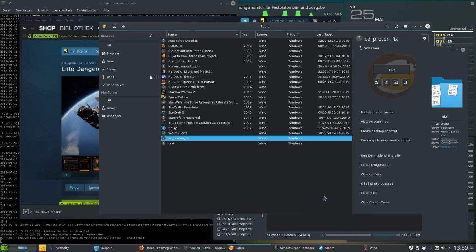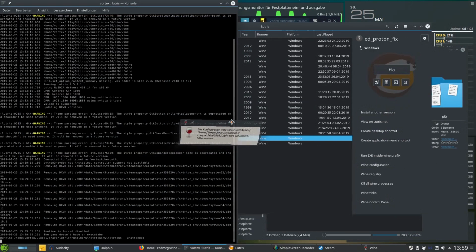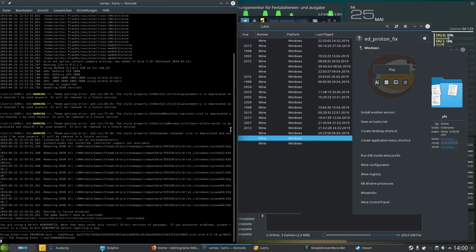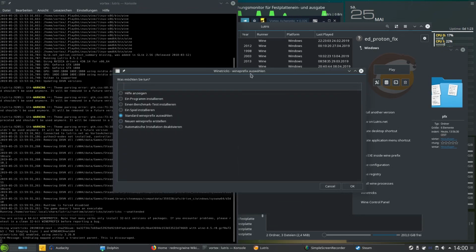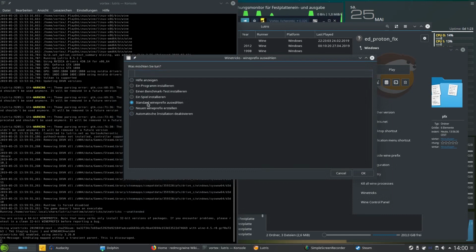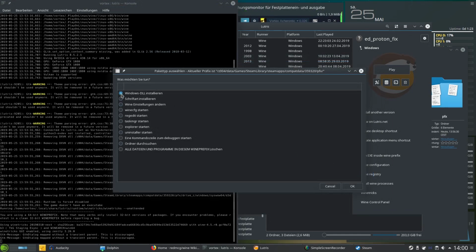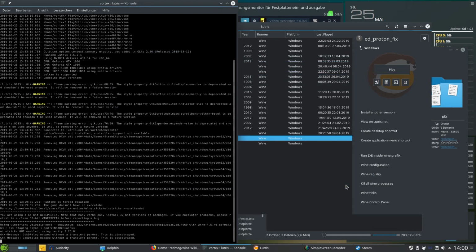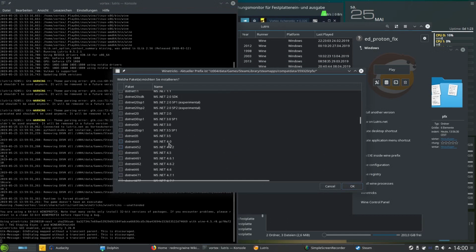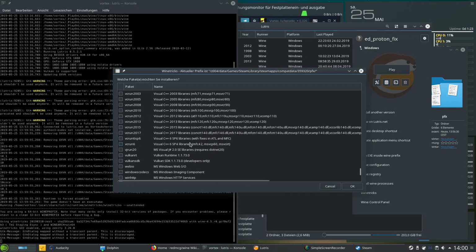We wait for winetricks to open up, which is, here we see Wine 4.5 was updating the prefix, which is not a problem. So here we have winetricks. We select the default wine prefix. We select install Windows DLL. And here we select .NET 4.0. And we select Visual C++ 2017, because on my distribution, I don't know why, the installation of Visual C++ 2015 always fails,